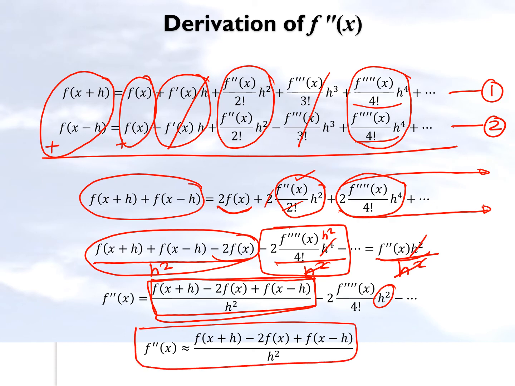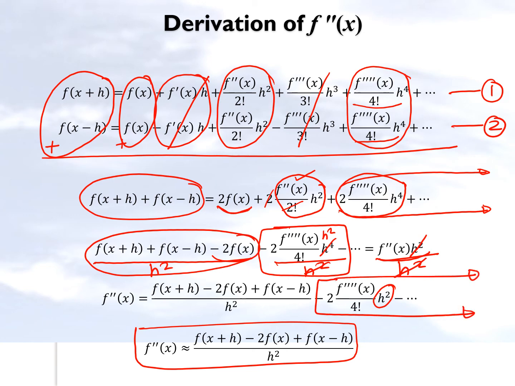It is important for us to think about these terms right here, because that is the truncation error for the second derivative of the function. It becomes also important for you to see that the first term has h squared in it, and that's why you'll find later on that the true error or the truncation error in the second derivative of the function by this formula is of the order of h squared. That's a separate lesson, but very important to note from here itself what the truncation error looks like.